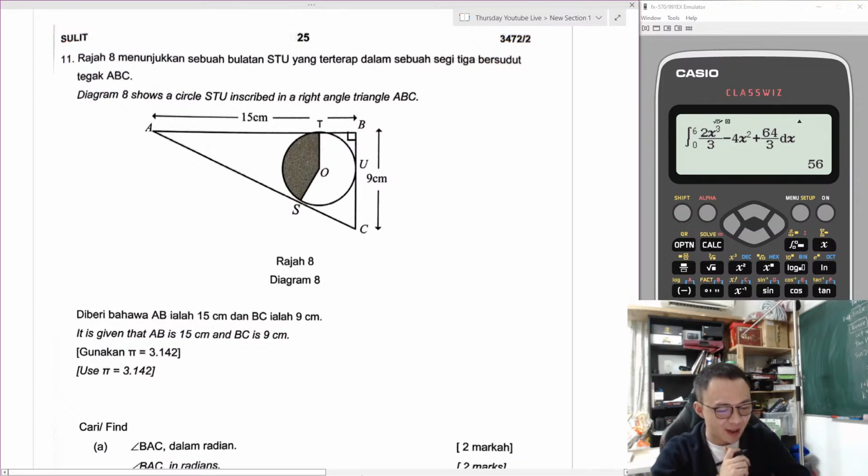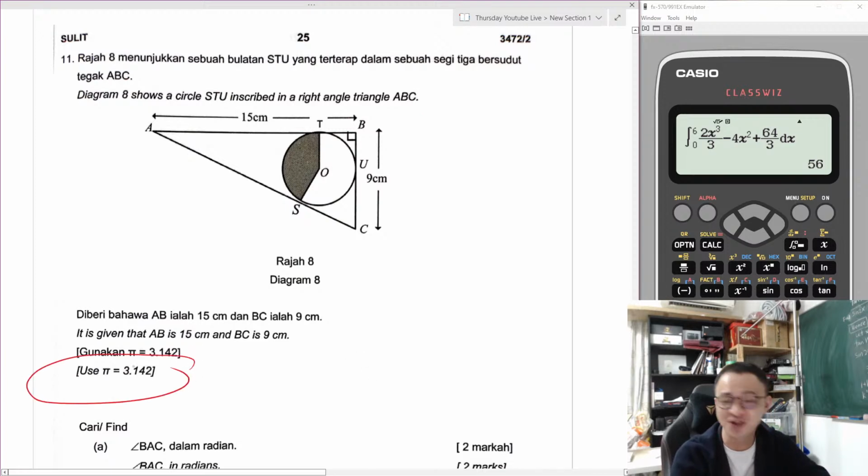Okay, so it's a circular measure, very obvious. So we have this diagram, and then we have a right angle at the angle B there. So AB is 15 and then BC is 9. Everything is given. Okay, I hate this kind of question that tells us pi must use 3.142 because I cannot type pi in my calculator anymore. I have to use this value given here. Anyways, they ask us to find the angle BAC. I believe they want this angle.